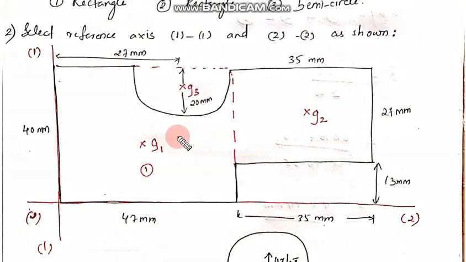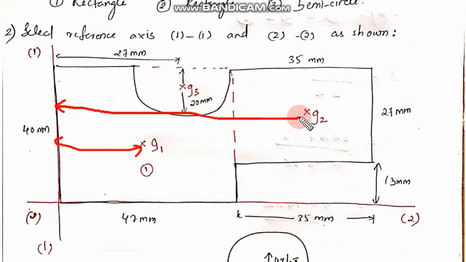So for the big rectangle, as you can see, the x will be from this particular y-axis till this distance. Okay, this is the x distance. So this will be, total is 47, so 47 by 2. Now the x distance for the second rectangle is again from the same axis. Make sure you take it from the axis only always, from here till G2. So that is 47 plus this distance, total is 35, so 35 by 2. So 47 plus 35 by 2.